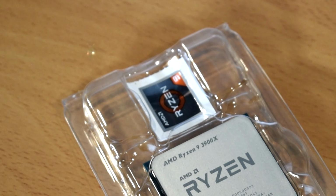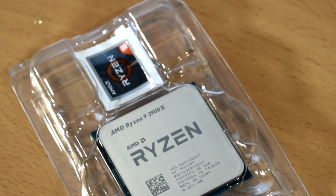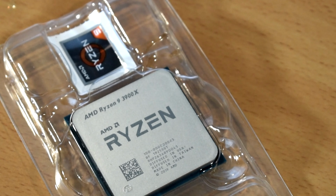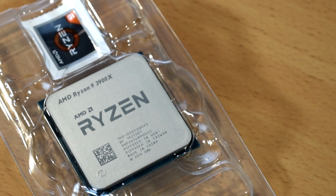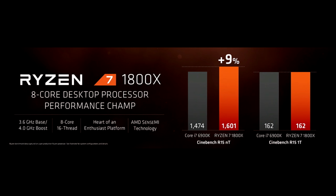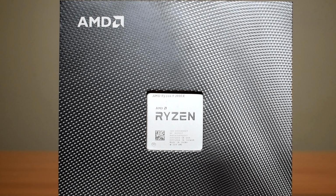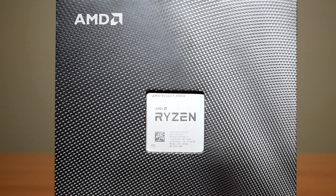When looking at some of the production software benchmarks and other CPU benchmarks, we saw that the 3900X was significantly faster than the 1800X, in some cases almost double. And that's really mind-blowing to me because a couple of years ago, AMD had made this leap with 1st gen Ryzen, where we saw what it was like to have 8 cores on a mainstream platform that was previously only available on the high-end desktop segment. With their 3rd gen Ryzen CPUs, on 7nm, AMD have made another leap yet again. We've gone beyond 8 cores and they've released a processor that's comparable, if not better than the 12-core Threadripper, all